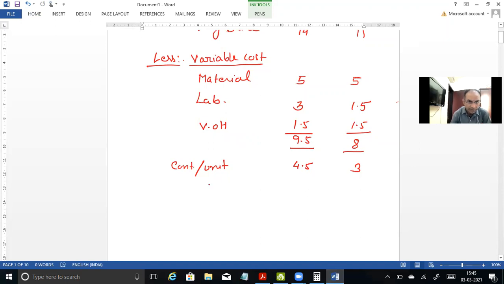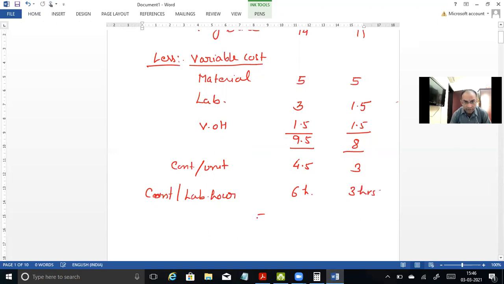Now because of limiting factor, we have to check how much contribution we are getting per labor hour. So because labor hour has to be considered for limiting factor. So how much benefit we are getting for 1 hour of labor? How much contribution we are getting if we are spending our 1 labor hour? So this is the meaning. So contribution per labor hour. So we have to check how many labor hours are required to produce product A, as it is given in the question, 6 hours. Okay. And here it is 3 hours.